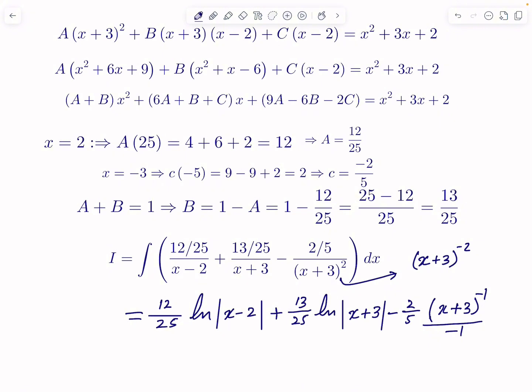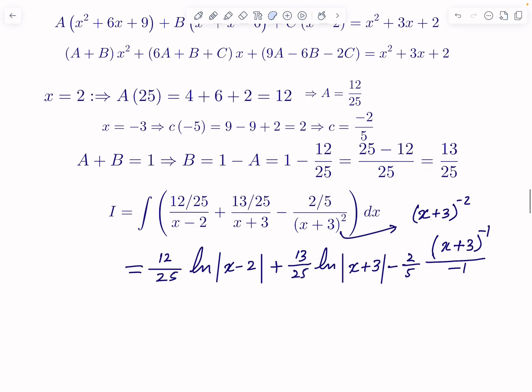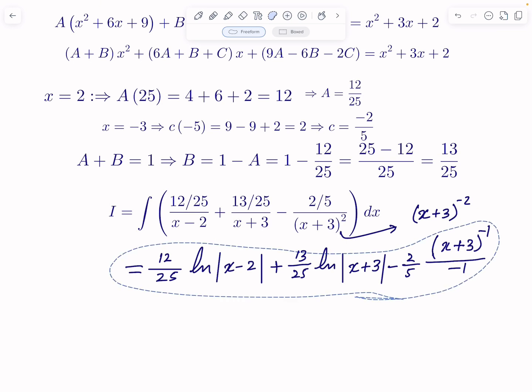Negative 2 plus 1 is just going to be negative 1. X plus 3 to the negative 1 divided by negative 1. And let me take this one a little bit up and put it here. Therefore,